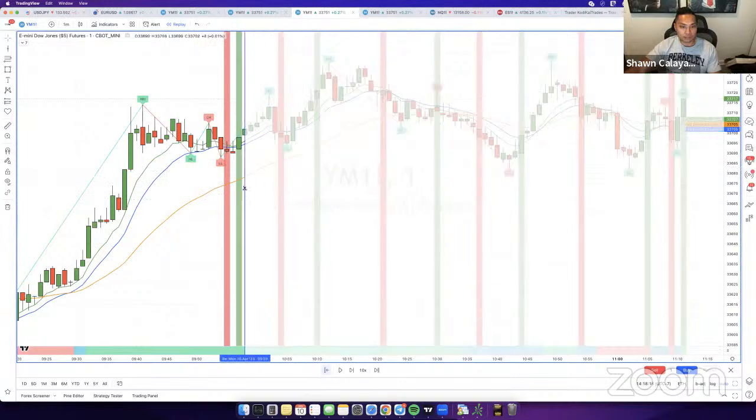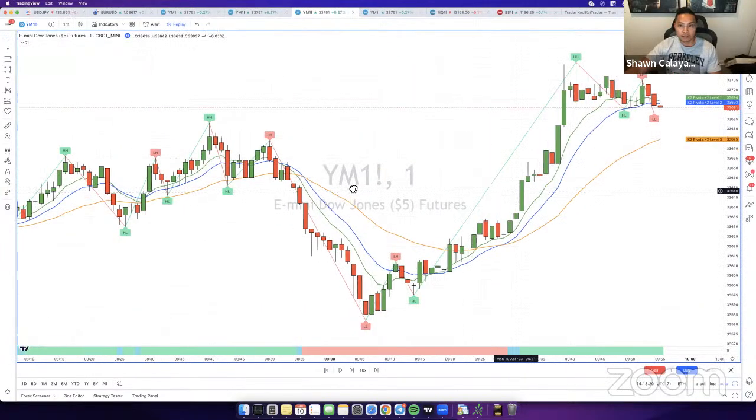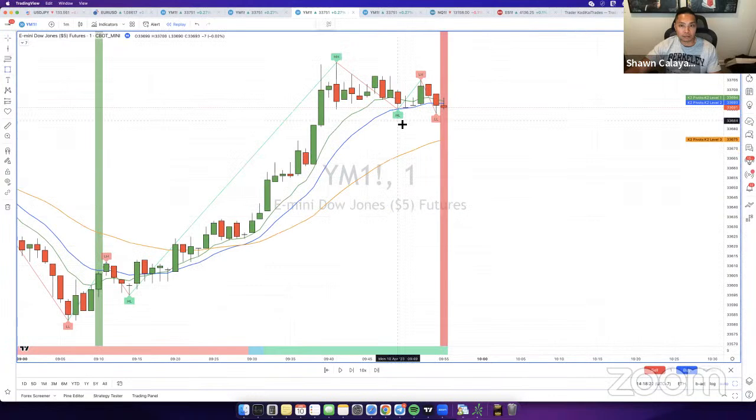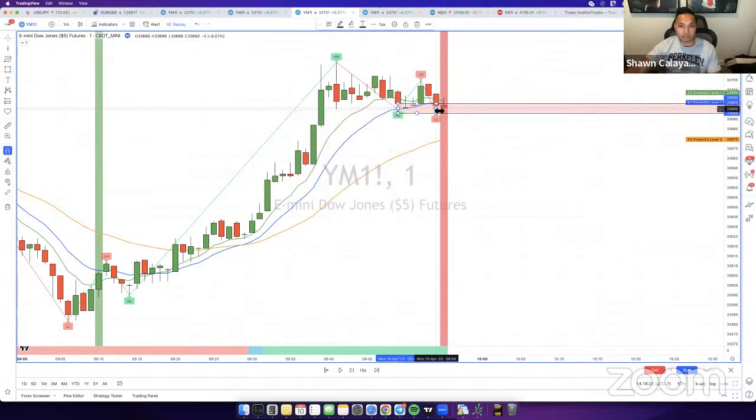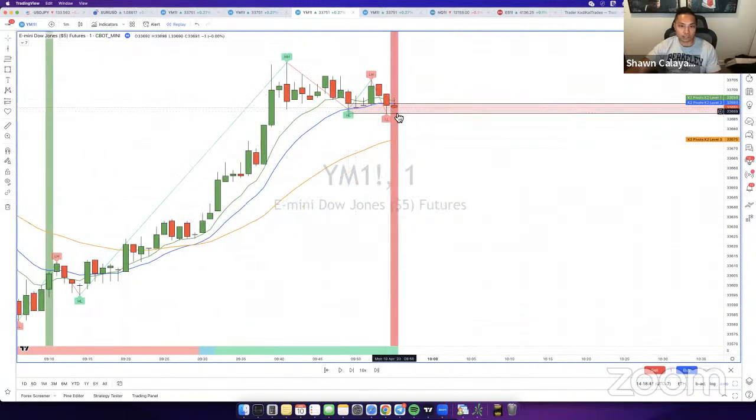For example, right here, this is probably one. There's a momentum signal right there. But if I was to analyze this by myself, I see that there's a support right here where price is rejecting off it. So even though price is bullish, and that's another thing too, you see a momentum signal here, but trend is bullish, trend meter is green, pivots are angling up, and I see a support right here. Instead of identifying this as price likely to reverse, I would probably see price bouncing off this point. So I'd probably just take it in the opposite direction. So yeah, something to play around with.